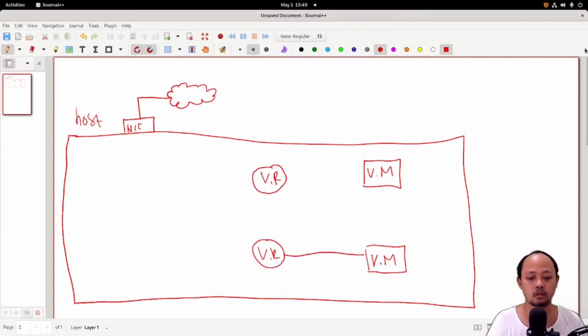This is the reason why each VM has the same IP, and the virtual router is connected to the internet through the host's NIC.